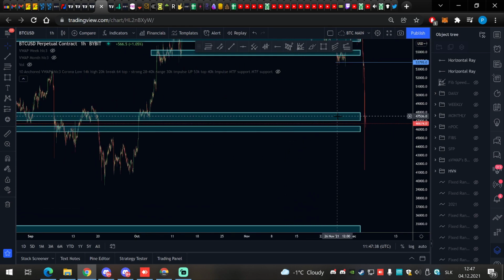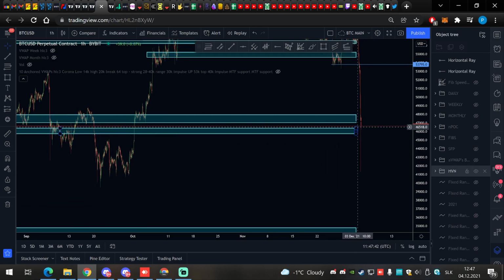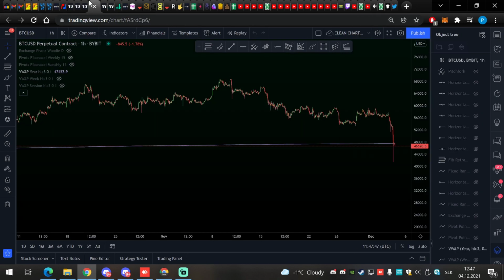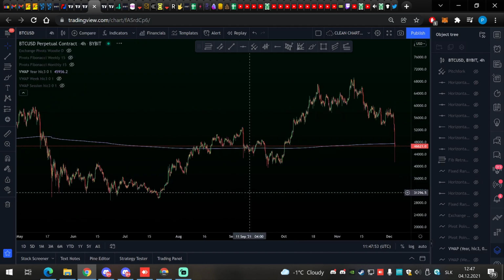I marked high volume nodes, so even after the week, even after the liquidation, the market is trying to find its footing over here. Yeah, we might easily form a range here. When we go over here, because this drop reminds me so much,